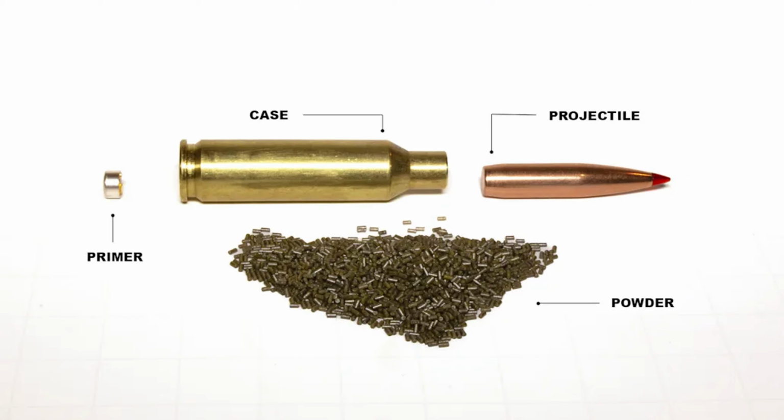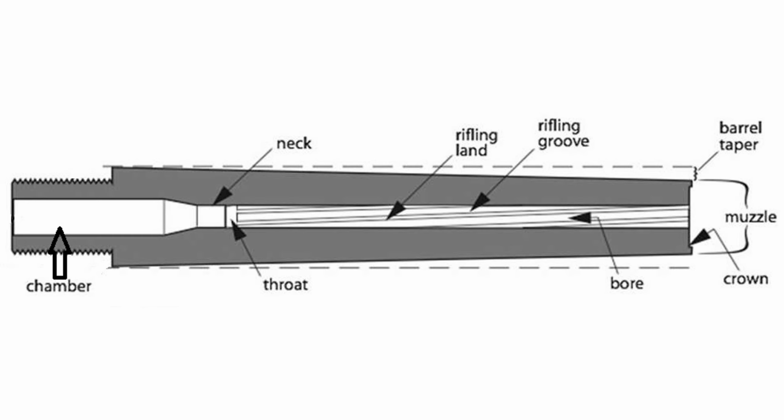How the ammunition is loaded, different charge weights and seating depth and such, will affect the muzzle velocity of the bullet and how accurate the rounds will be. The barrel. The barrel will also majorly affect how the bullet flies. The barrel is 95% of the accuracy of the gun, so it's vital you have the correct barrel for long-range application. There are 2 major barrel features that will affect the bullet: the twist rate of the rifling and the